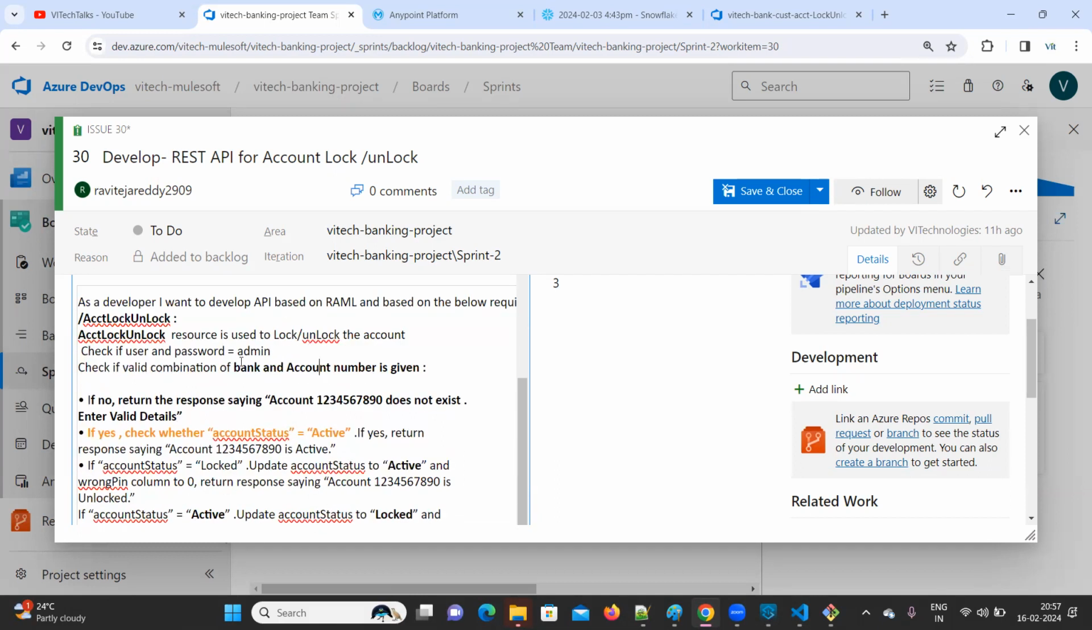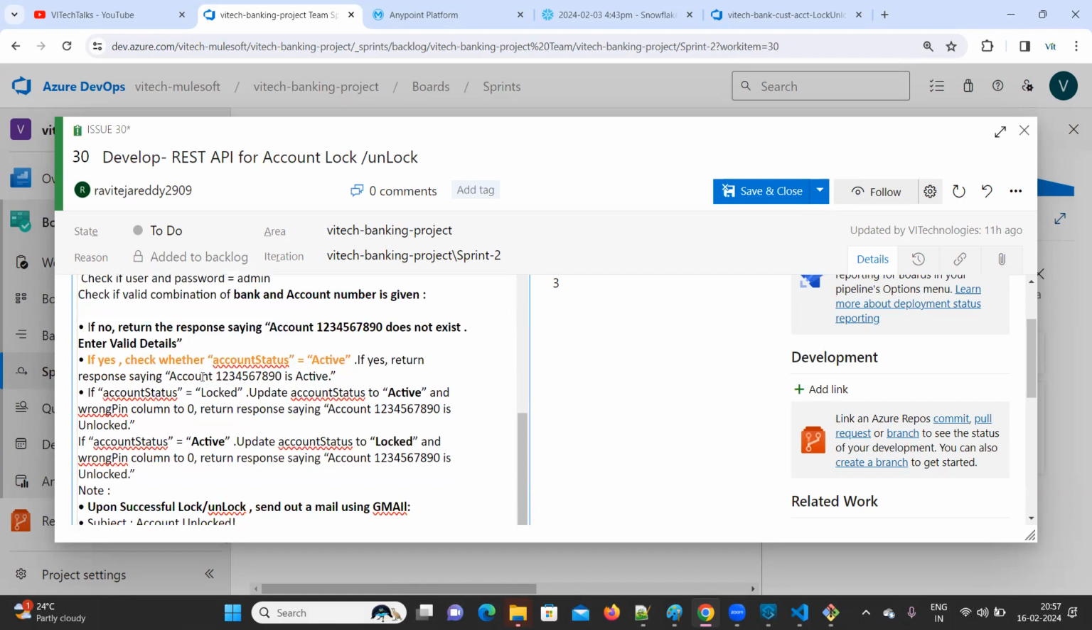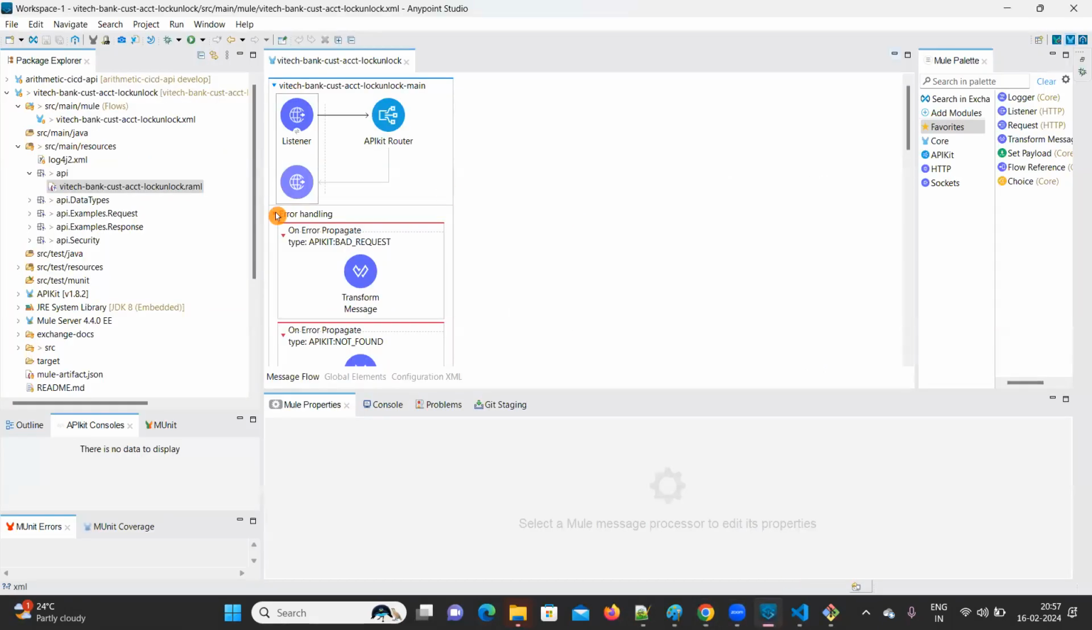Before implementing, you have to walk through the user stories. Okay, so what you need to do? If you understand the user story, then that will be very easy. Now,